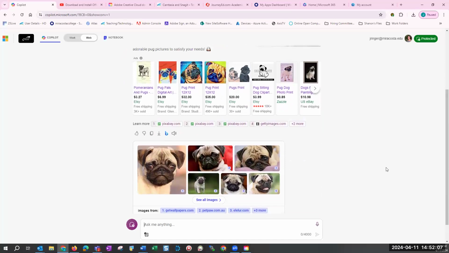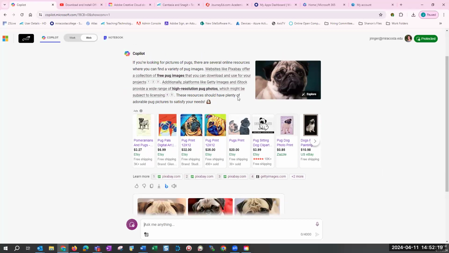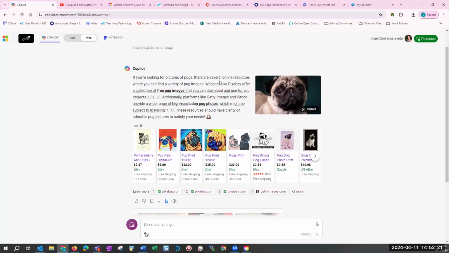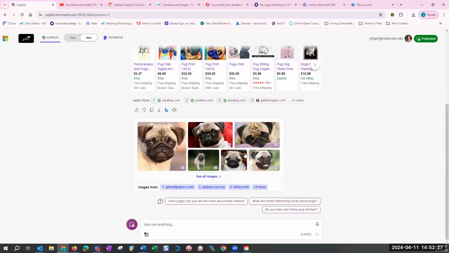So here are the pictures, not all, of course, there's millions of websites with pugs. It looks like it gives you a synopsis of what a pug is. Huh, that's cool. So being able to search online, I'm protected.